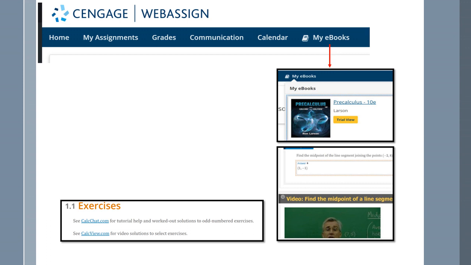All right. So going into my ebook. On the major tab here, where it says my ebooks, when you click on it, it's going to give you access to your electronic book. It's a pre-calculus book. Again, this is for all the classes that are 13, 14, and the NCBM related classes. You can get your ebooks under this tab.